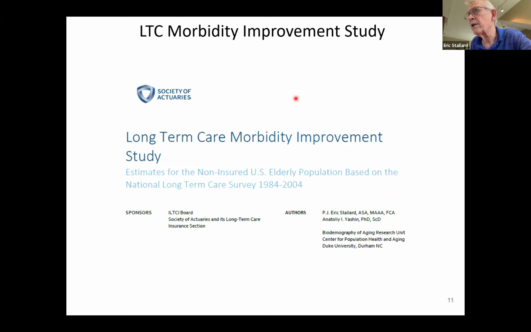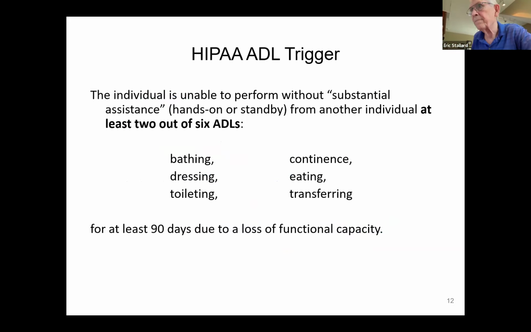Okay, along with my collaborator Anatoly Yashin, I did an extensive analysis, and we put out a 150-page report. So anybody using the data should know that we took great care in writing that report to make sure that any user could exactly replicate everything that we did. If you're going to use the survey, I would recommend that you take a look at this report, and it discusses in excruciating detail all the decisions that one would need to make to use these data.